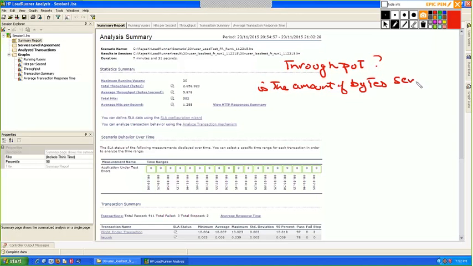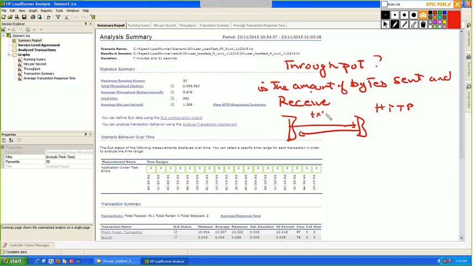That means that when I am sending a request, say I have my tool here, I have my server here. I am sending a request and getting a response back, right? We are using the HTTP protocol. Now, using this HTTP protocol, when I send a request, basically I am sending a text file. Remember, we did this, guys, right? I'm sending a text file from here for the server to process. Server will send a text file back and my browser will render this, right?